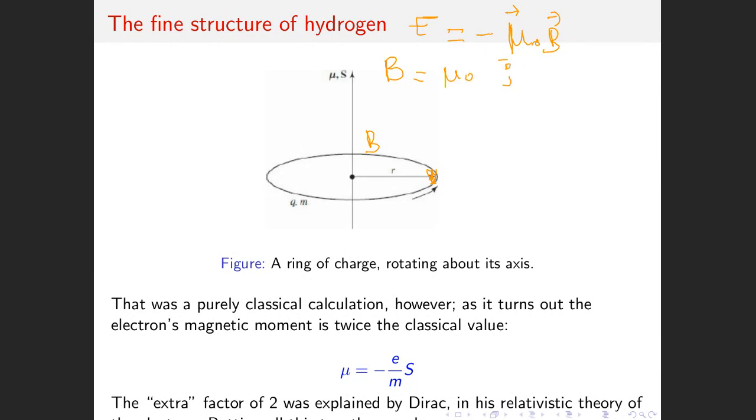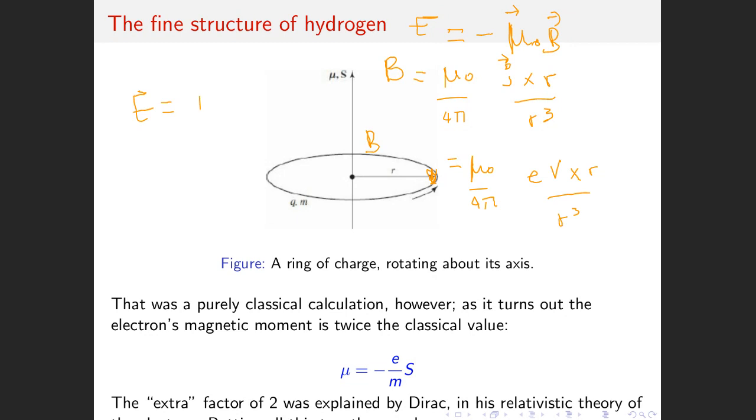There's going to be some current element multiplied by r over, I think, r cubed over 4π, right? And B is going to be given by mu naught over 4π, then by e v cross r over r cubed. Now E